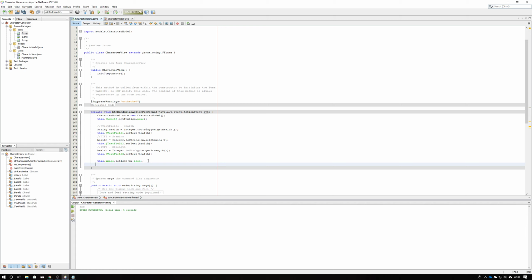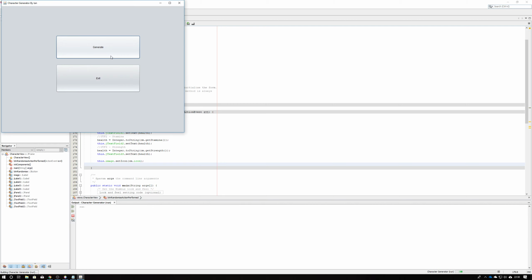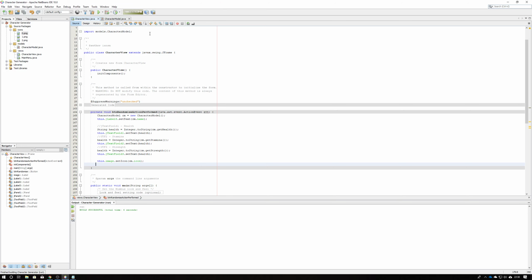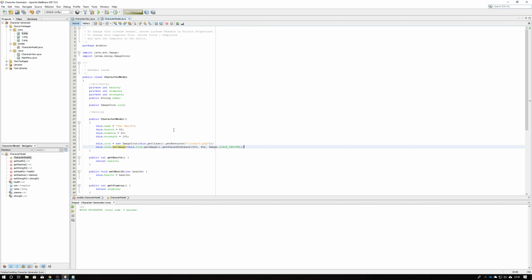Let's see what's wrong with it. Let's see if anything actually pops up. One second. Public ImageIcon, this.getImage, getField